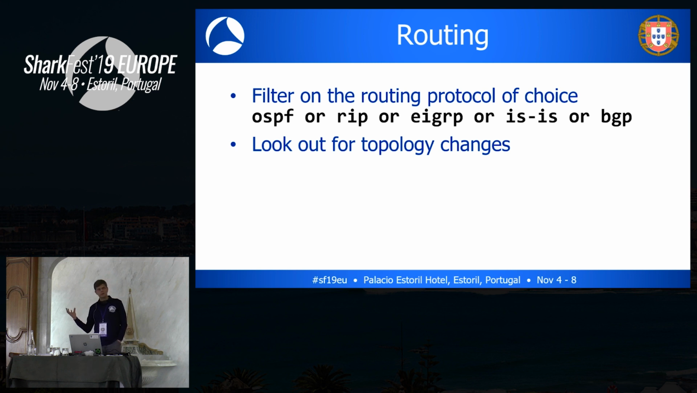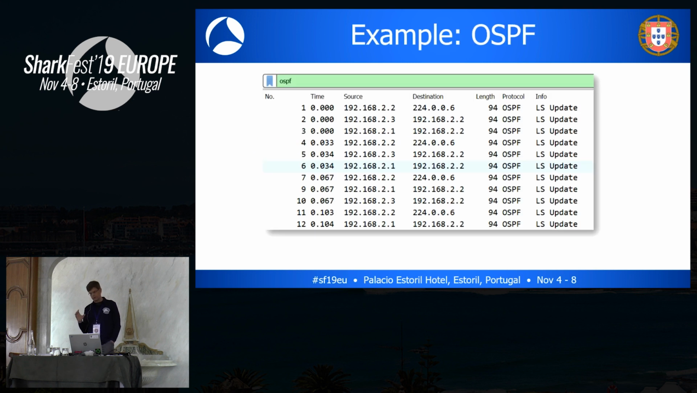Now, I don't know what routing protocol you're using in your organization. Maybe you're using multiple routing protocols, but usually it's one of the protocols that is shown here on the slide. It might be OSPF, RIP, or EIGRP, IS-IS, and none of these protocols should indicate a change in your topology. With RIP, it requires a bit more work because you have to look at each message to see if something